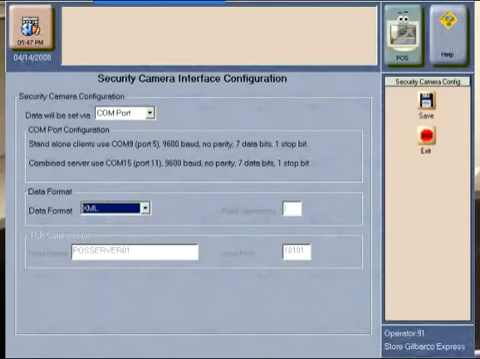The security camera can also be configured to run off of Passport. I'm showing you quickly that there's a way to set up the security camera to work off the Passport itself instead of gathering your data